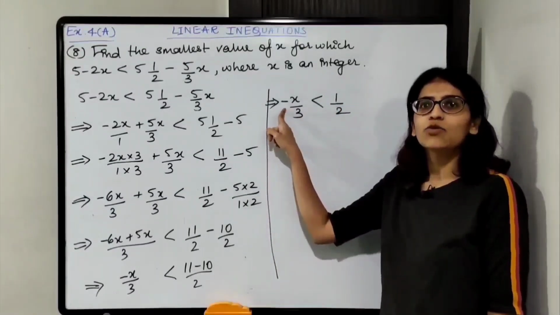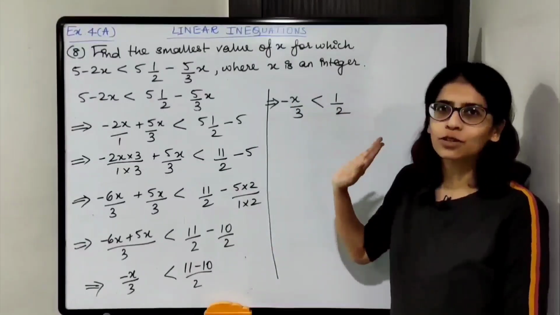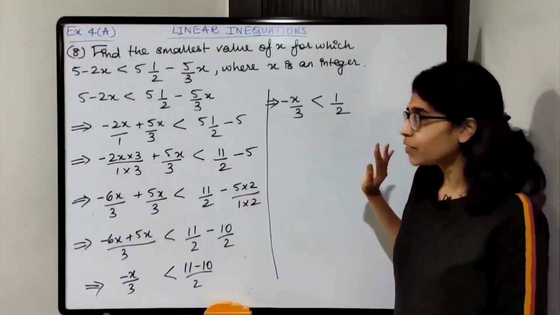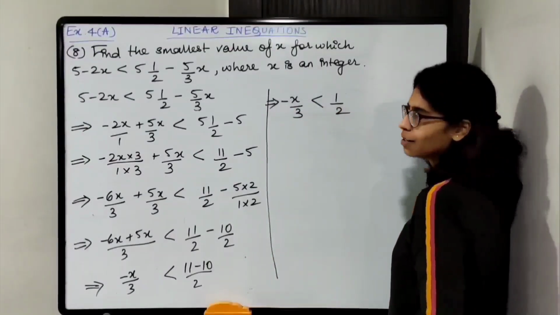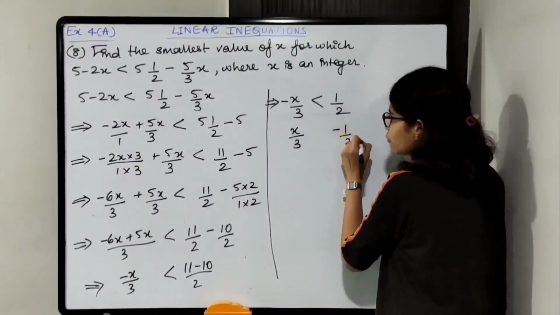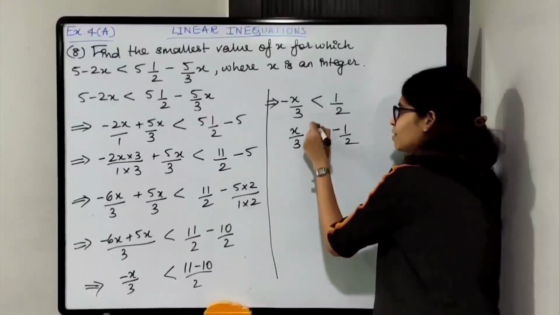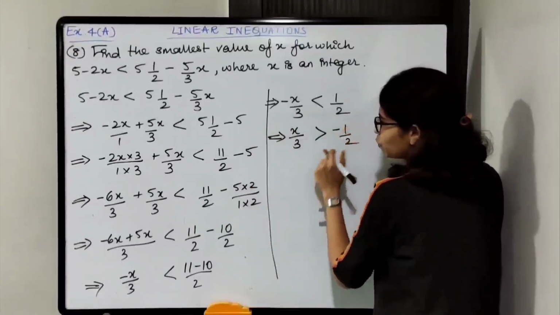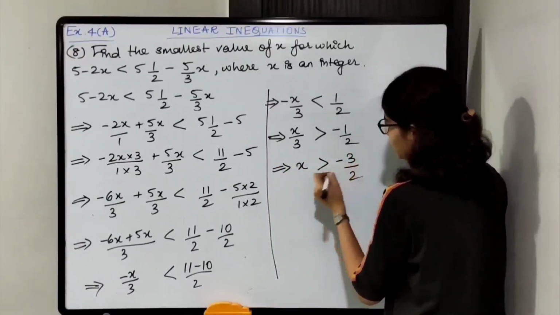Minus x है. So first thing you'll do is change the sign. Okay, positive कर दो. x if you have negative, please make it positive first. Then shift the number. So let us make this positive. When you change the sign over here, the sign will change over here as well. So ये x by 3 हो गया. This will become minus half. Signs will change. And when you change the signs, what happens to the inequality sign? Reverse. Okay. So now we shift 3. x is greater than minus 3 by 2.